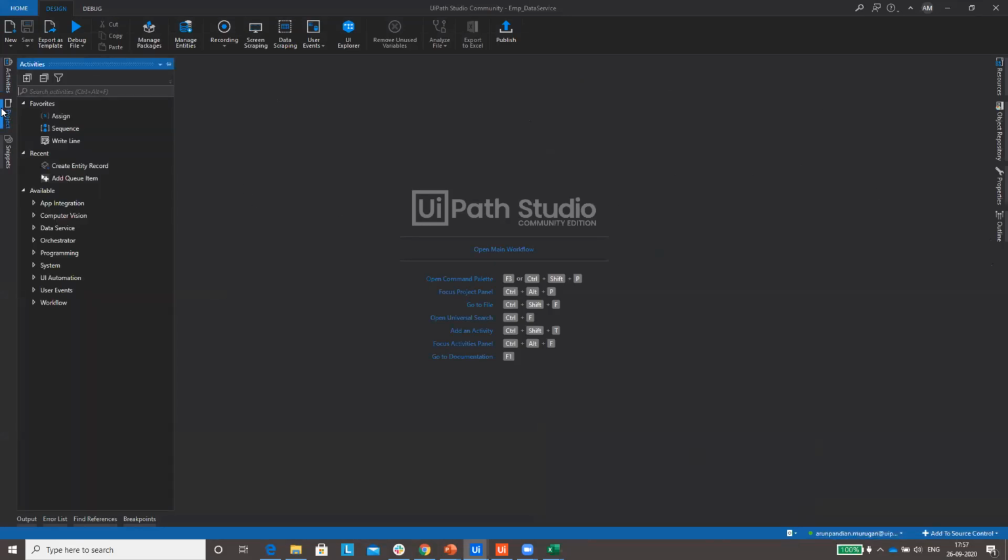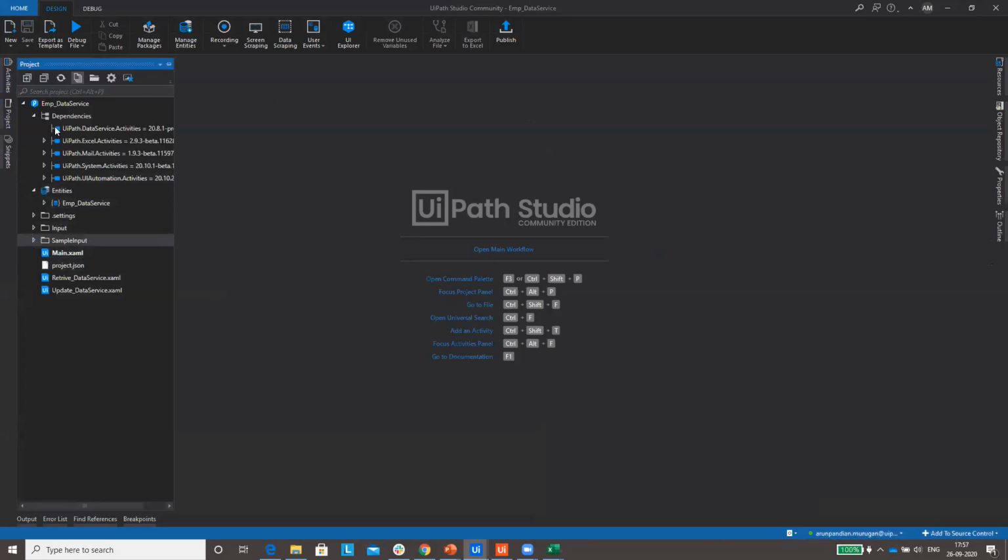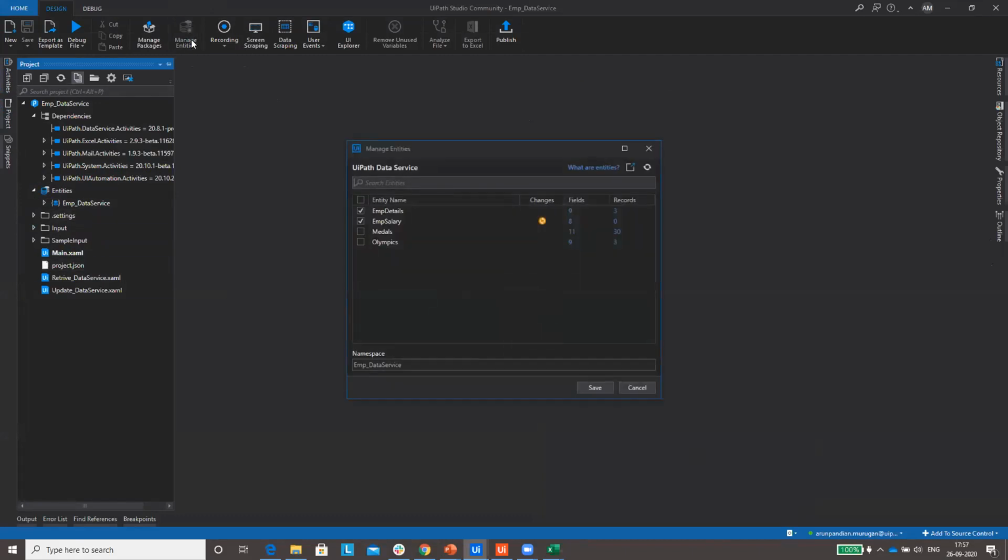Now let's see. You can see this manage entities option has been enabled. Let's open this. Here you will see the entities we created; whatever entities we have created in data services will all be visible here.